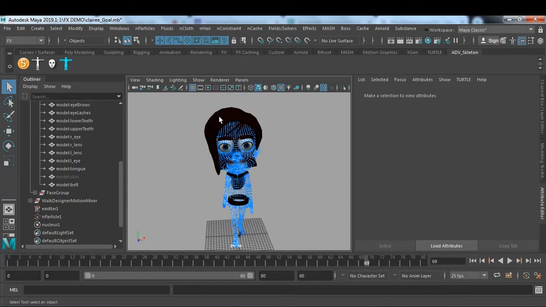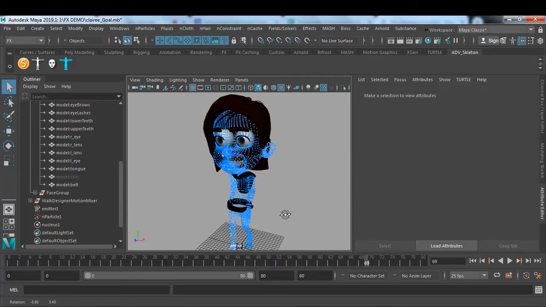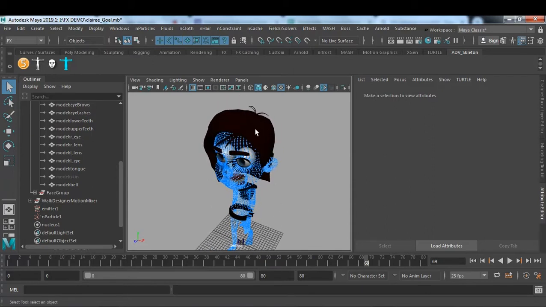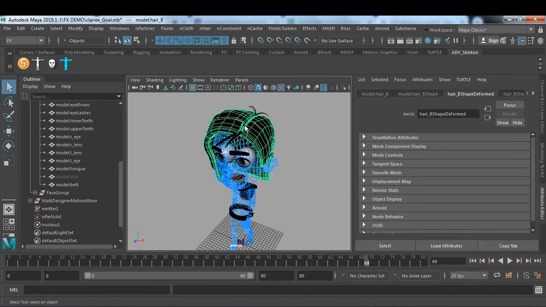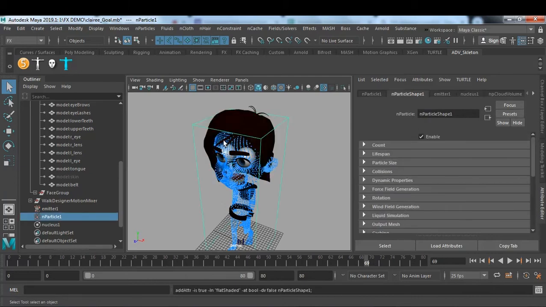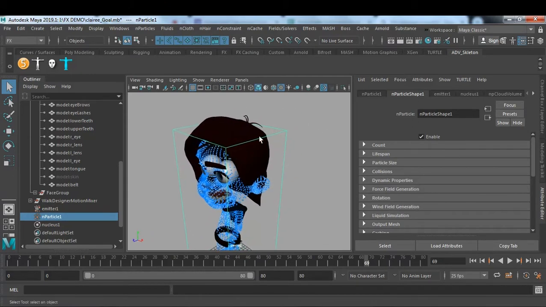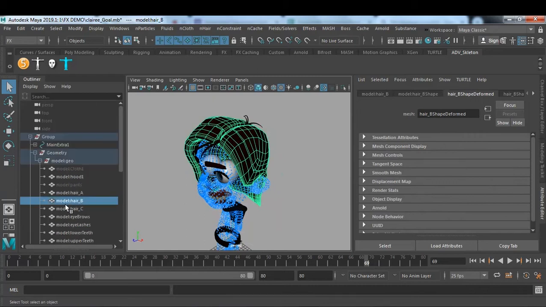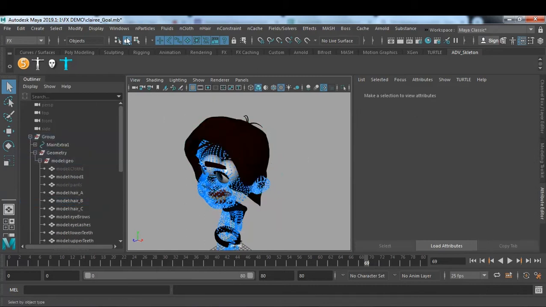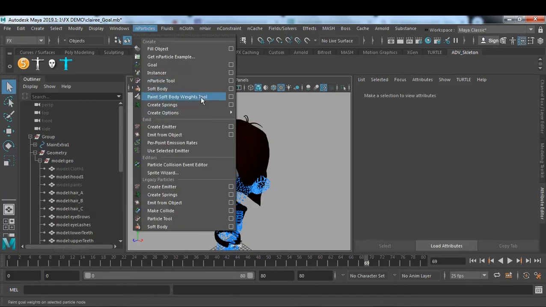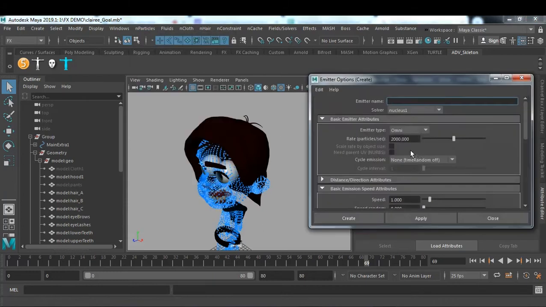For the hair system we require another set of emitters in the particle system, so we're going to do that now. So I want another set of particles for the hair system, so I think we can use this. I don't want this hair system right now, or let it be there. Just make sure this hair system is selected, and particle. I'm going to generate another set of particles using create emitter, and you can start with 5000 and hit the create option.